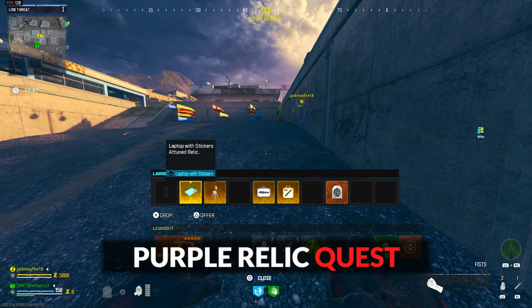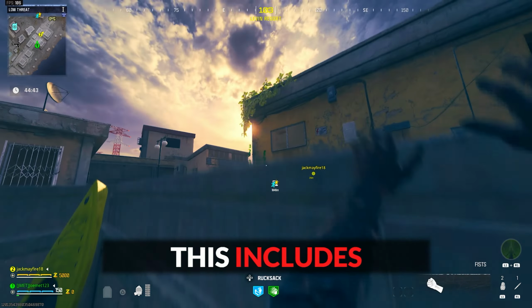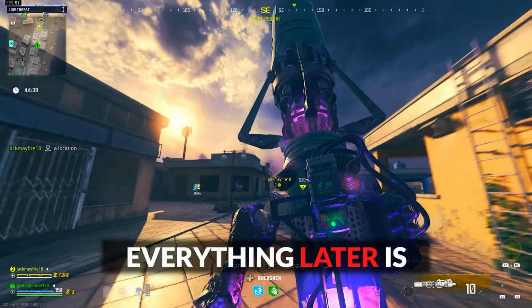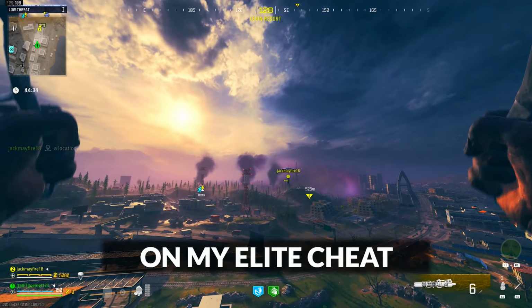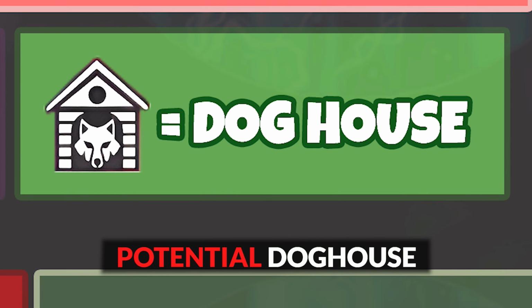Purple Relic Quest. Please note, it's assumed that you're already set up when doing anything quest related. This includes getting a dog, especially and specifically for this quest, as you'll find everything later is a great challenge, and the dog is actually required for one of the steps. On my elite cheat sheet for the Urzikstan map in my Discord, you can see all of the potential doghouse